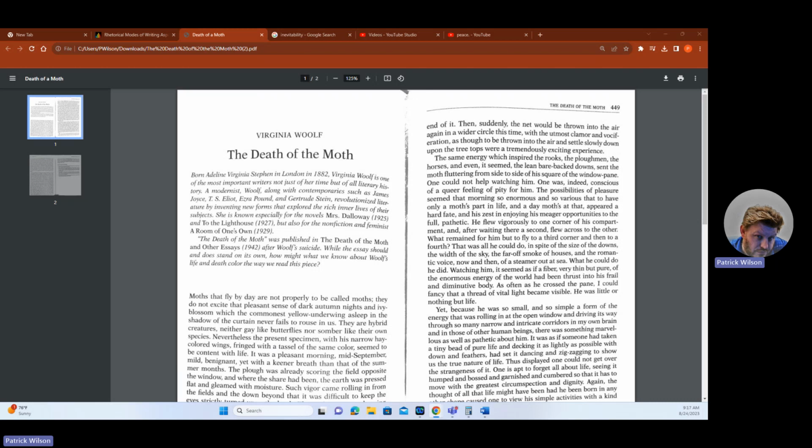The other problem is if you get to the point where you've said everything you could say in 2 pages. Chances are you just picked a really poor topic, and maybe if there's time, go back and choose another one that you can get the 3 to 4 pages in. Or again, think about entering some dialogue between characters or having some sort of inner monologue like Woolf does in this particular piece. We're going to read another piece next week.